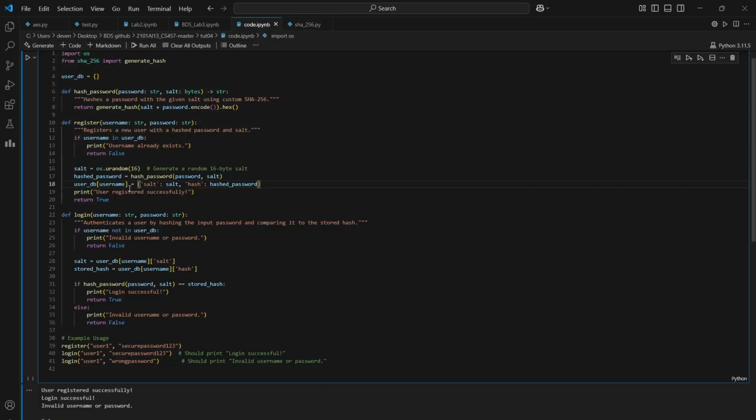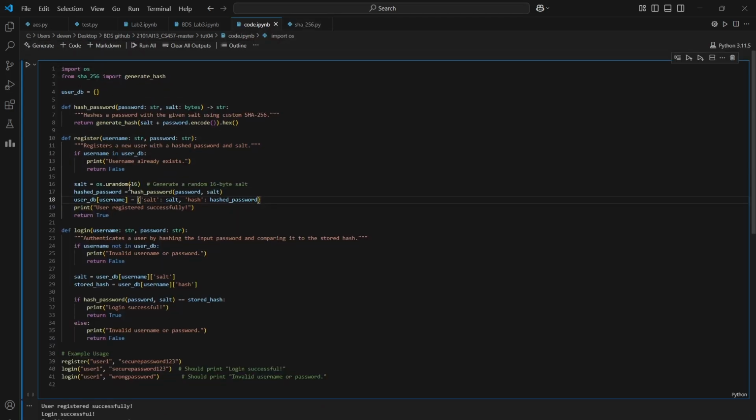In this, when a user registers, their password is combined with a unique salt, and then that password is hashed with SHA-256, and this hash is stored along with the salt like this. The salt is stored and their hashed password is stored. So during login, the entered password is hashed with the stored salt and then compared with the stored hash to authenticate the user, like this. The hash of the password is compared with the stored hash, and if it is equal, then the login is